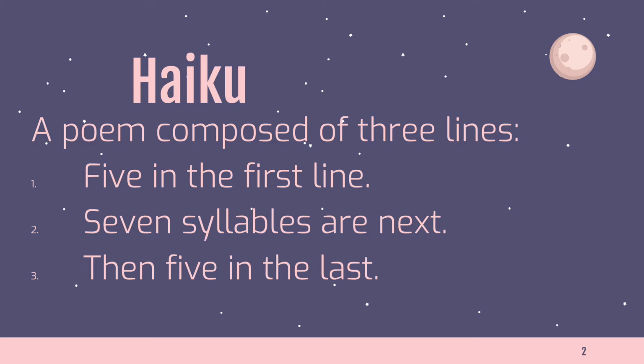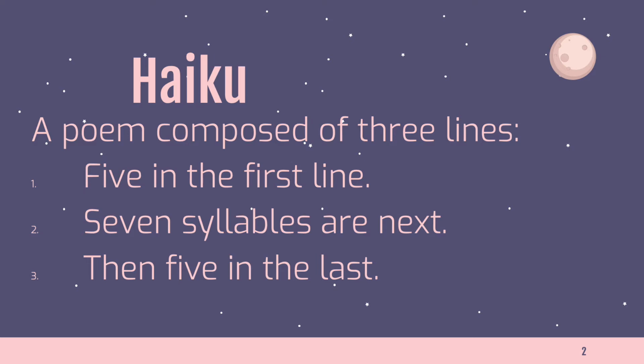So I wrote you a haiku explaining what a haiku is. So 5 in the first line, 7 syllables are next, then 5 in the last. So in order for you to get a sense, we're talking about syllables. So 5 syllables in the first line. Remember what a line was? Now the stanza is like what it seems like a paragraph, and the line is like a verse, a line,